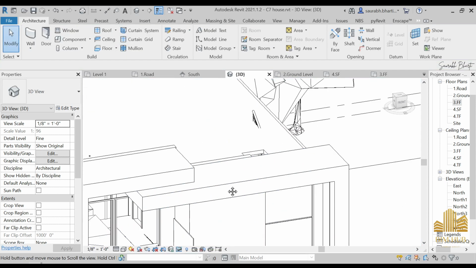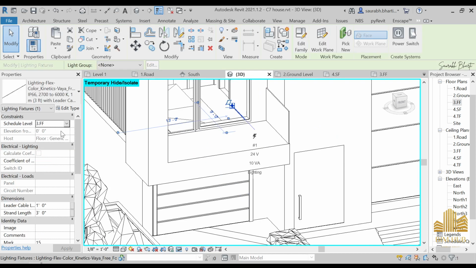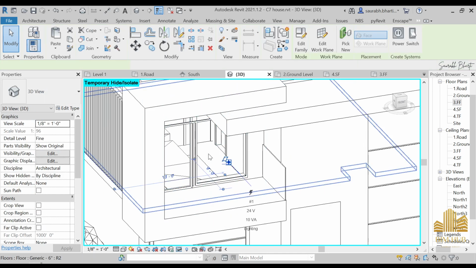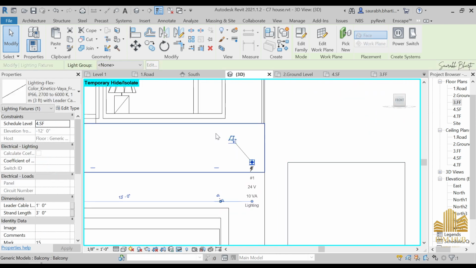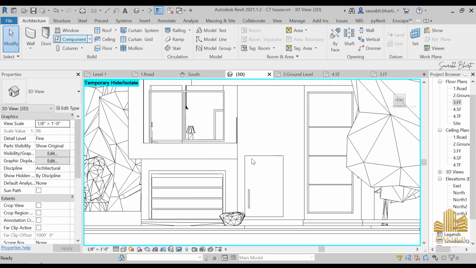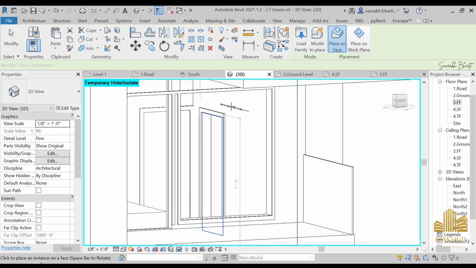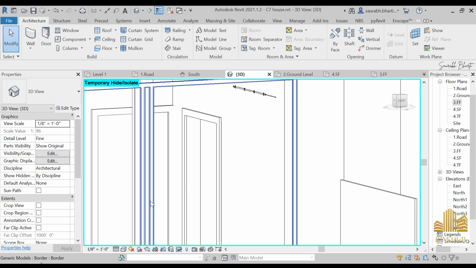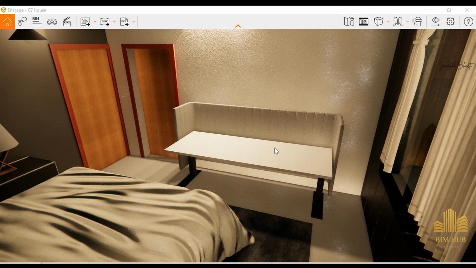Search for the light and give it a height offset of elevation second floor. Select this, go to edit type, delete it. Component, just put one light over there. HR to get everything back. Go to 3D view, and now if I can see it from here,